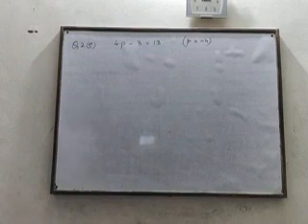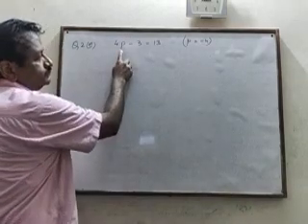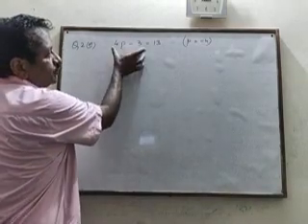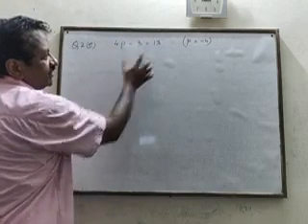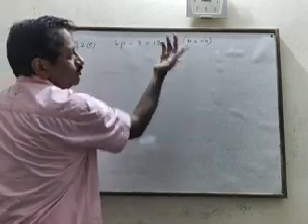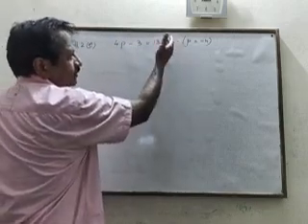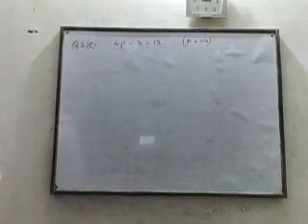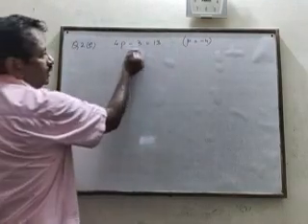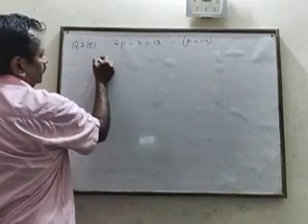You can see that p is on the left side. So we need to solve only the left hand side. In the right hand side there is no p. If it would be there, then we would solve the right hand side also. But it is only on the left hand side. So we will take only the left hand side.